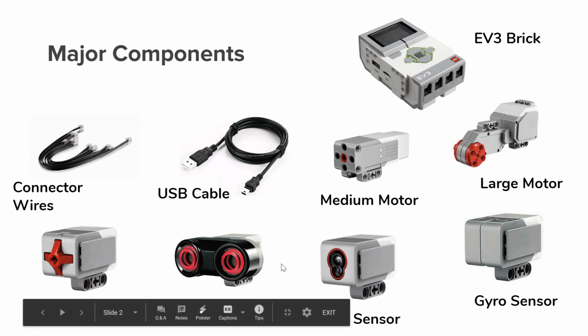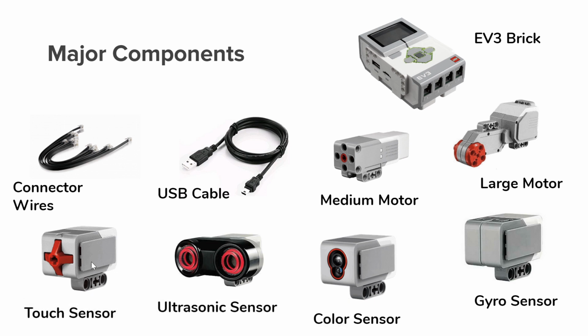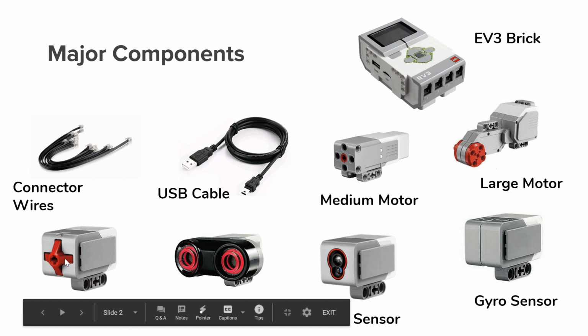These four down here are the sensors. So the first sensor is called the touch sensor. It has a little button in the front, which once touched, you can program the robot to do a certain action. Similarly, the ultrasonic sensor,